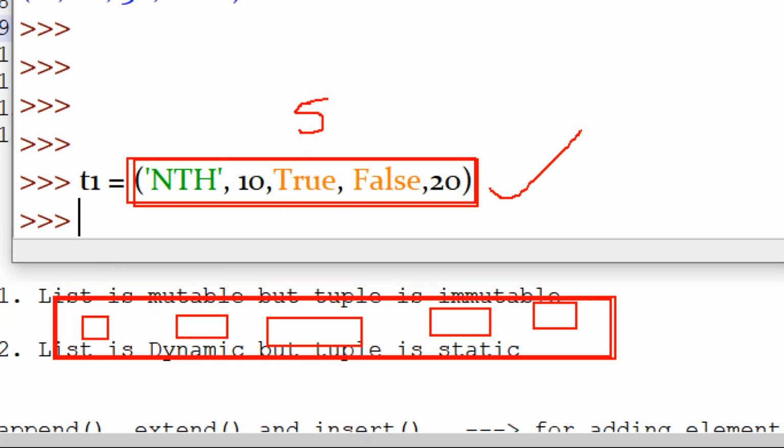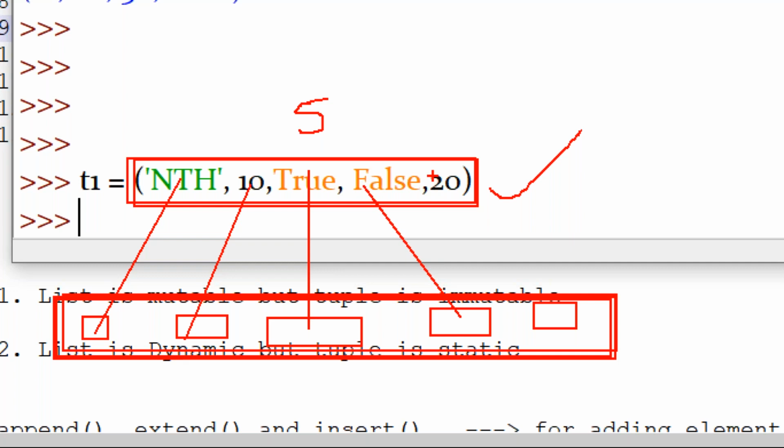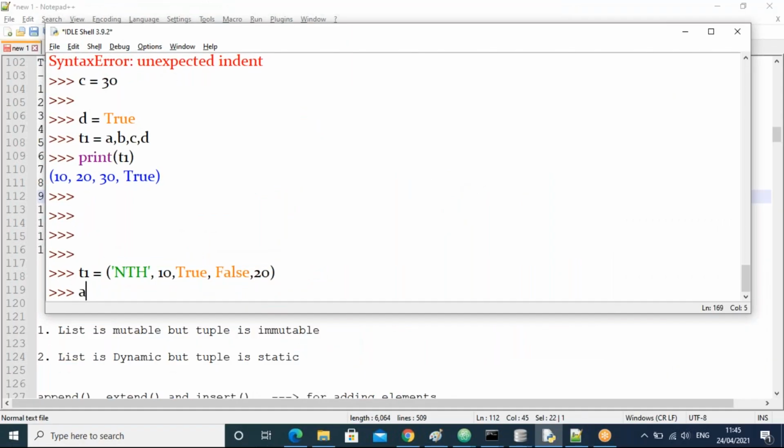So we need 5 new variables, so that the first value goes to the first variable, second value to the second variable, third value to the third variable, fourth value to the fourth variable, and fifth value to the fifth variable, like this. So we should take exactly 5 variables only, not less than 5, not more than 5 in this example. I'll take now a comma b comma c comma d comma e equal to t1, guys. All of you, is it right or wrong?